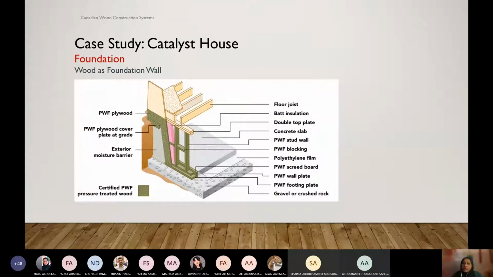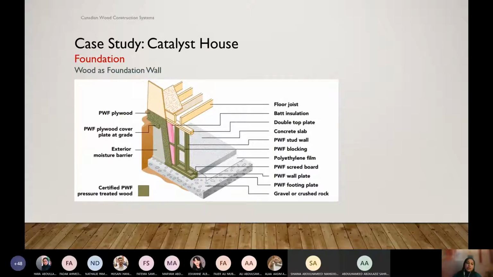But can we do the foundation with wood? Yes, not only concrete, but wood can also be used for the foundation system. But in that case, we have to do a special kind of treatment for the wood, and we call it pressure treated wood. We put a certain chemical coating on the wood because if wood comes into contact with the soil, the soil has moisture and some organic materials that can let the wood decay and rot.